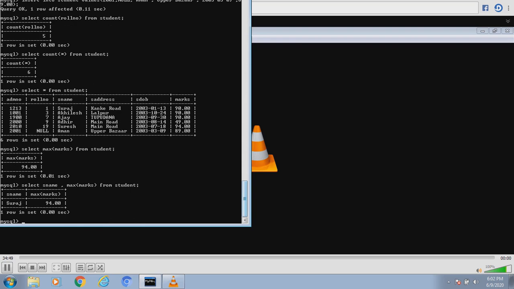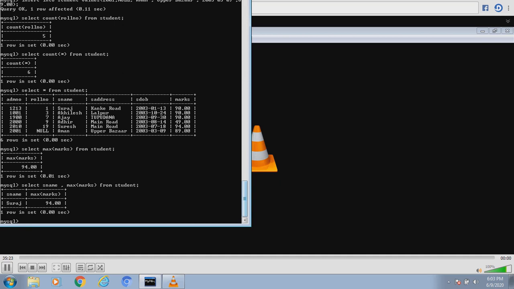Easily it works. Why does it work easily? Because Suraj is the student who has achieved the maximum marks. Am I right or am I wrong? Students, I am wrong. See, Suraj is not the student who has got the maximum marks. What does MySQL do for me? It somehow brings a name and it somehow brings the maximum marks, and shows it to us. But our answer is incorrect. And therefore I was saying that there would be an error.